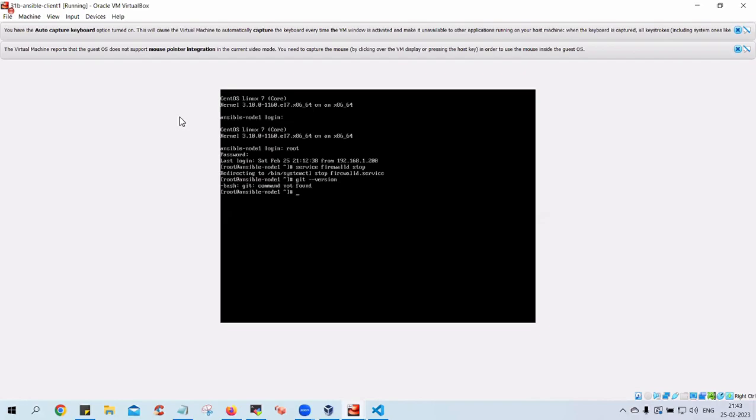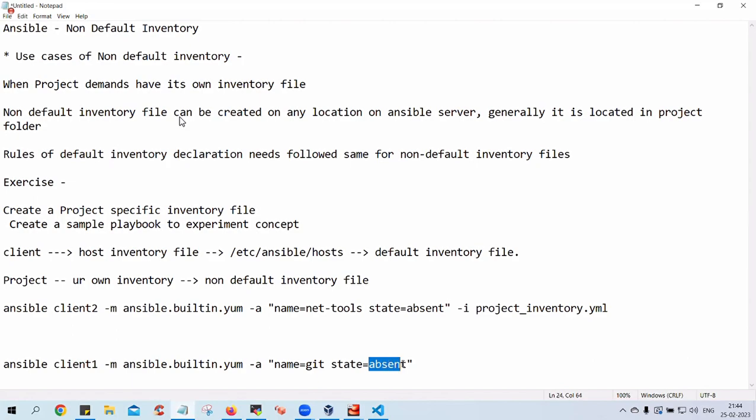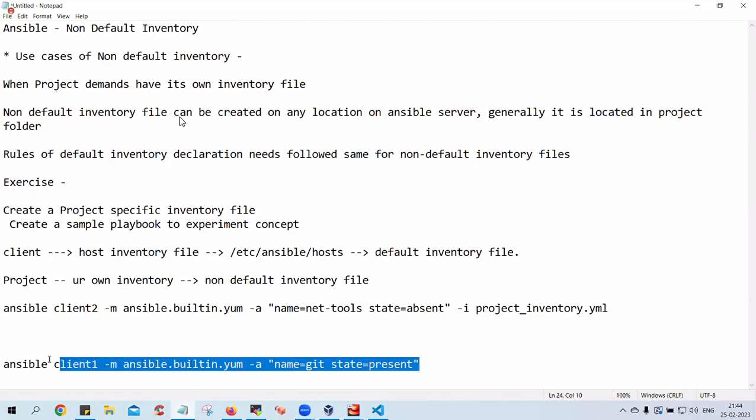You see, Git is not there. So we'll do one thing. We'll utilize the same command to install the Git. Okay. So we'll say now present. Instead of absent, we'll say present and then execute. See how to execute. Just copy this